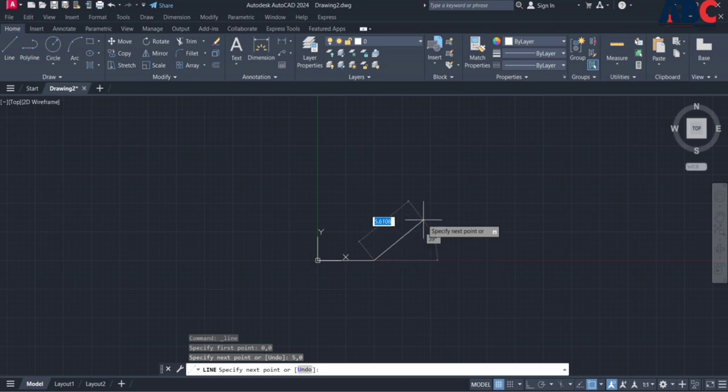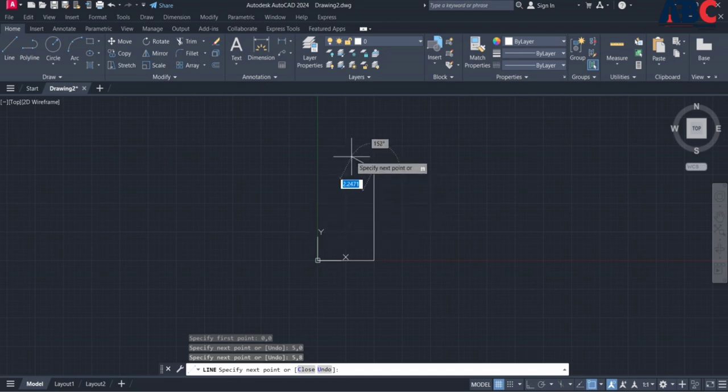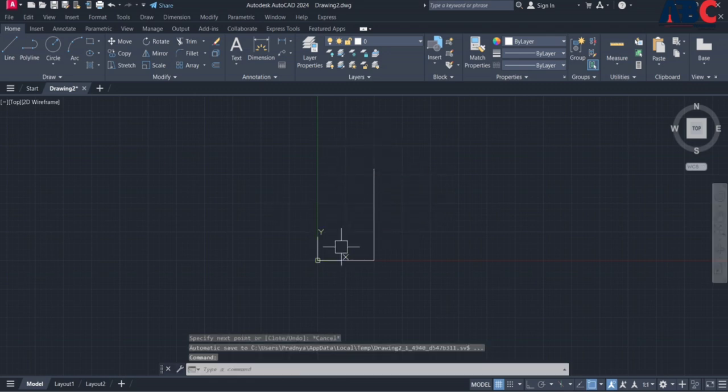Then the third point as 5,8, and enter. This is how we can work with the absolute coordinate system in